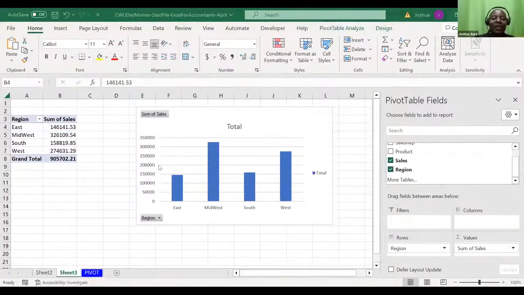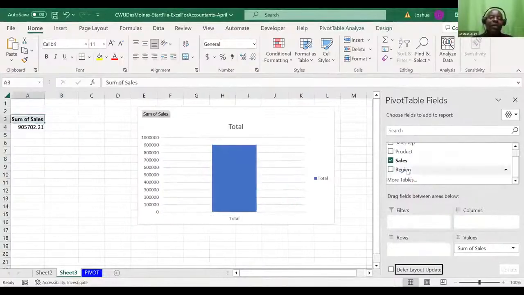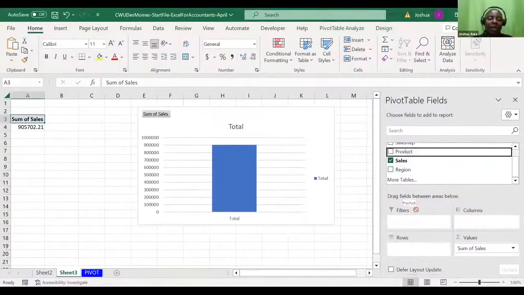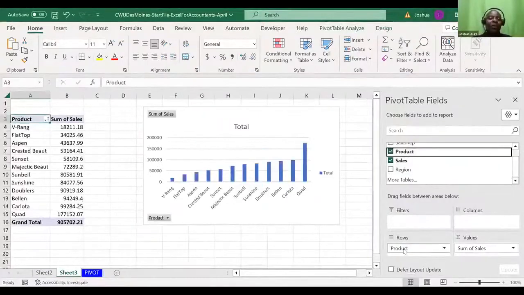Okay. So what I've done, ladies and gentlemen, if I would go back a little bit, what I did, initially I had products here. So please allow me to take this region. I just want to drag this region back, return it back to the sender like that. And then I can take back my products here, which were here initially. The pivot, that's why we are calling it pivot. You can change it as much as you want.